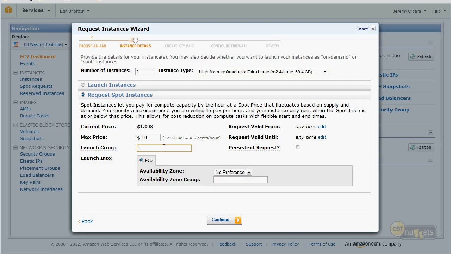So you're kind of hedging your bets. You're saying, well, it's not just one. I really want a lot of servers to boot up at this really cheap rate, or whatever the case may be. You see what I mean? The more you put into this, the less chance there is that your request is going to be fulfilled.